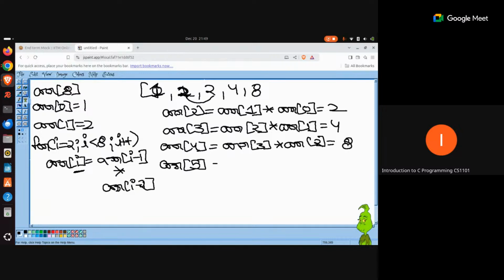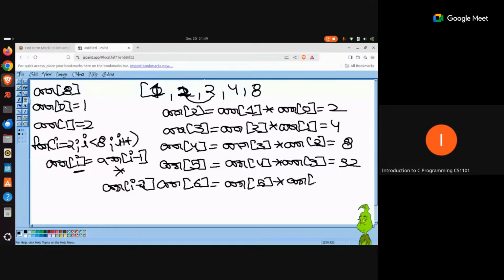You go to the next iteration, which says ARR 5. So the value of ARR 5 is going to be ARR 4 multiply ARR 3. So 8 times 4, which is going to be 32. And now we have come to the actual element that we want to find the value for, ARR 6, whose value is going to be ARR 5 multiply ARR 4.